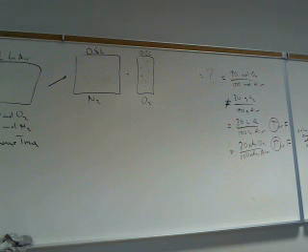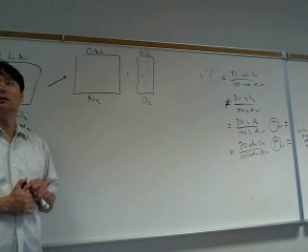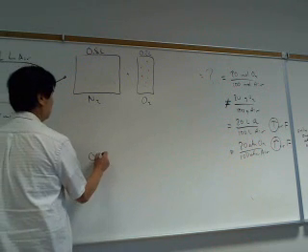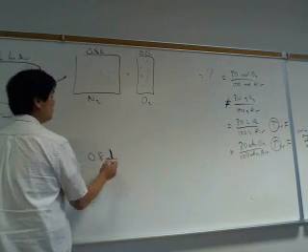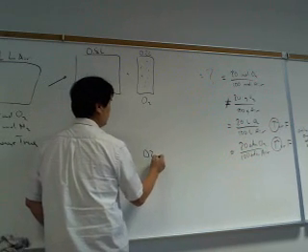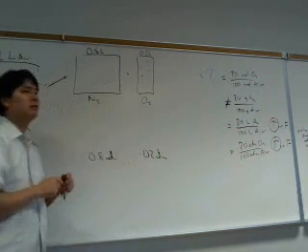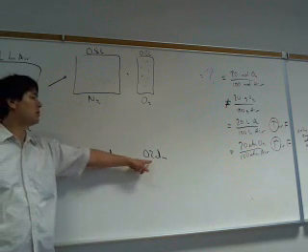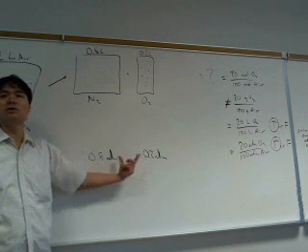If I do this by atmosphere, let's put some atmospheres here. I'm going to call this 1 atmosphere of air. How many atmospheres of N2 do I have? 0.8 atmospheres of N2. And how many atmospheres of O2 do I have? 0.2 atmospheres. And so we know about Dalton's law of partial pressures: 0.8 atmospheres of N2 plus 0.2 atmospheres of O2 gives us